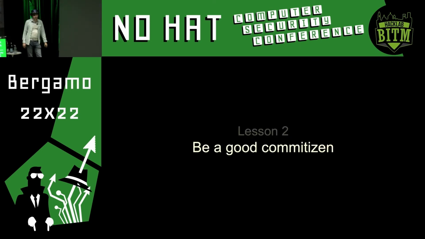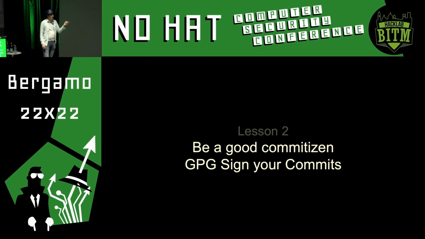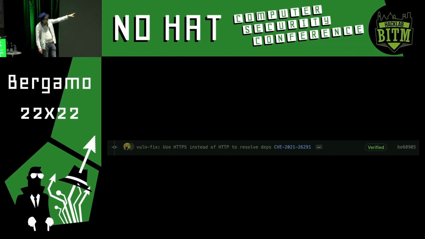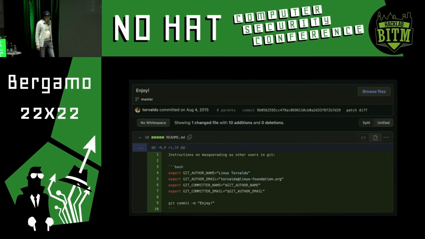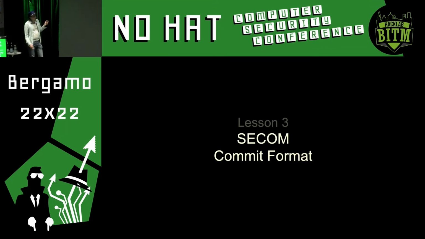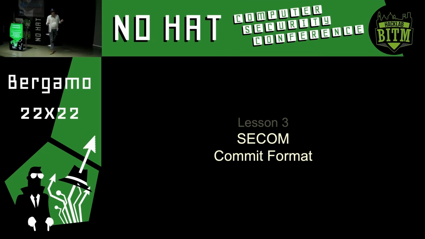Lesson number 2, be a good commitizen, GPG sign your commits. That's where you get the verified logo in the corner. Or you'll end up like Linus Torvalds, who's been impersonated on GitHub multiple times. So yeah. Git is insecure by default, not Linus. Yeah. Anyways,